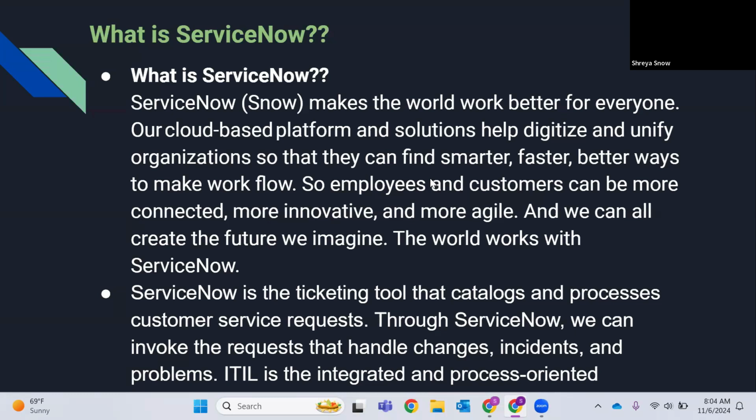Likewise, in ServiceNow, in any organization, as we are all employees, we face certain technical glitches, or we may need certain products or additional software for our day-to-day activities, right? In those scenarios, you cannot go back to your manager or HR all the time. You definitely have dedicated members to reach out to, but rather than that, we have a tool like ServiceNow which helps you to fix certain